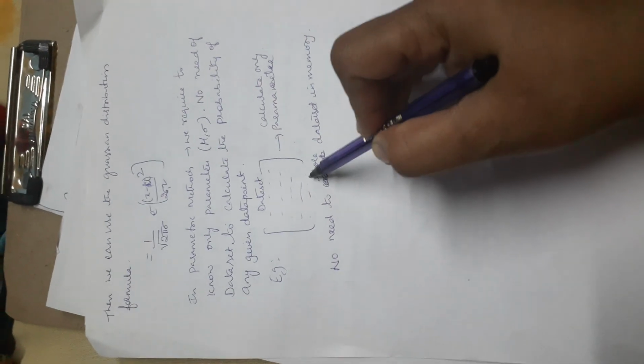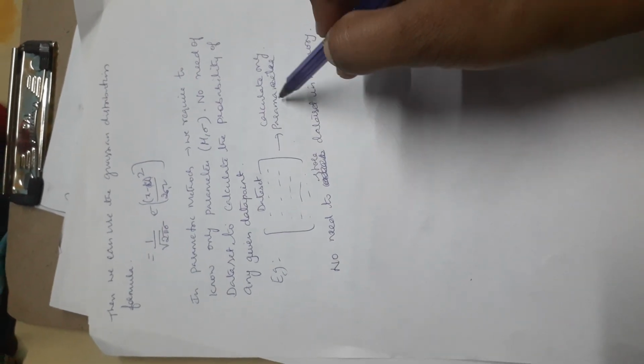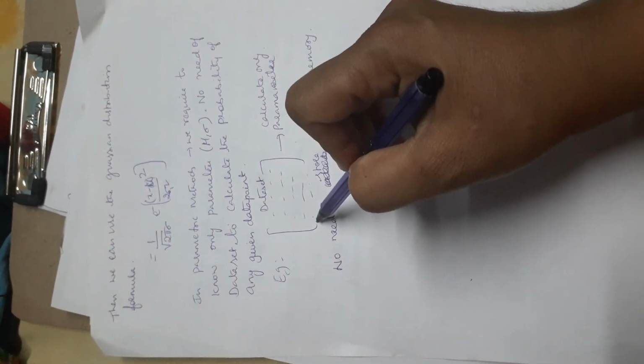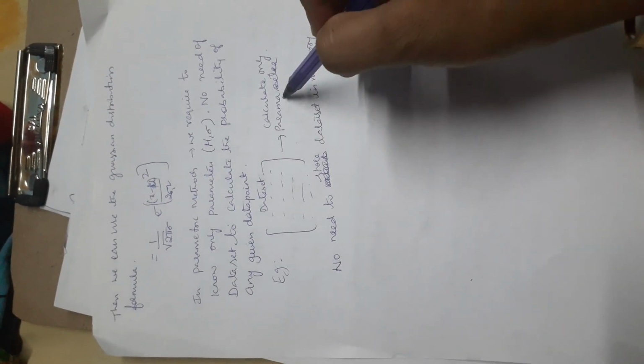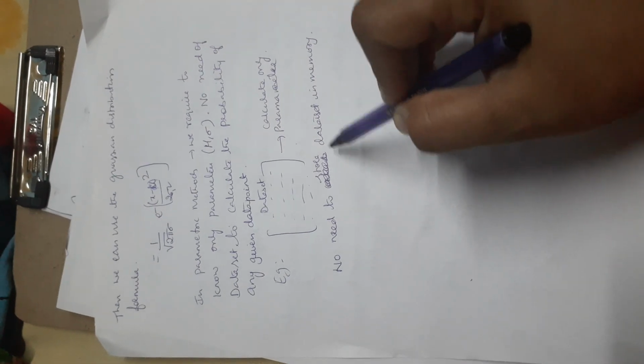So if this is a data set, you calculate only the parameters. With these parameters, I can find the probability for the new data point. I don't need this data set. I just developed a model, and for a new data point, I will apply the model. So there is no need to store the data set in memory. That is the main advantage of